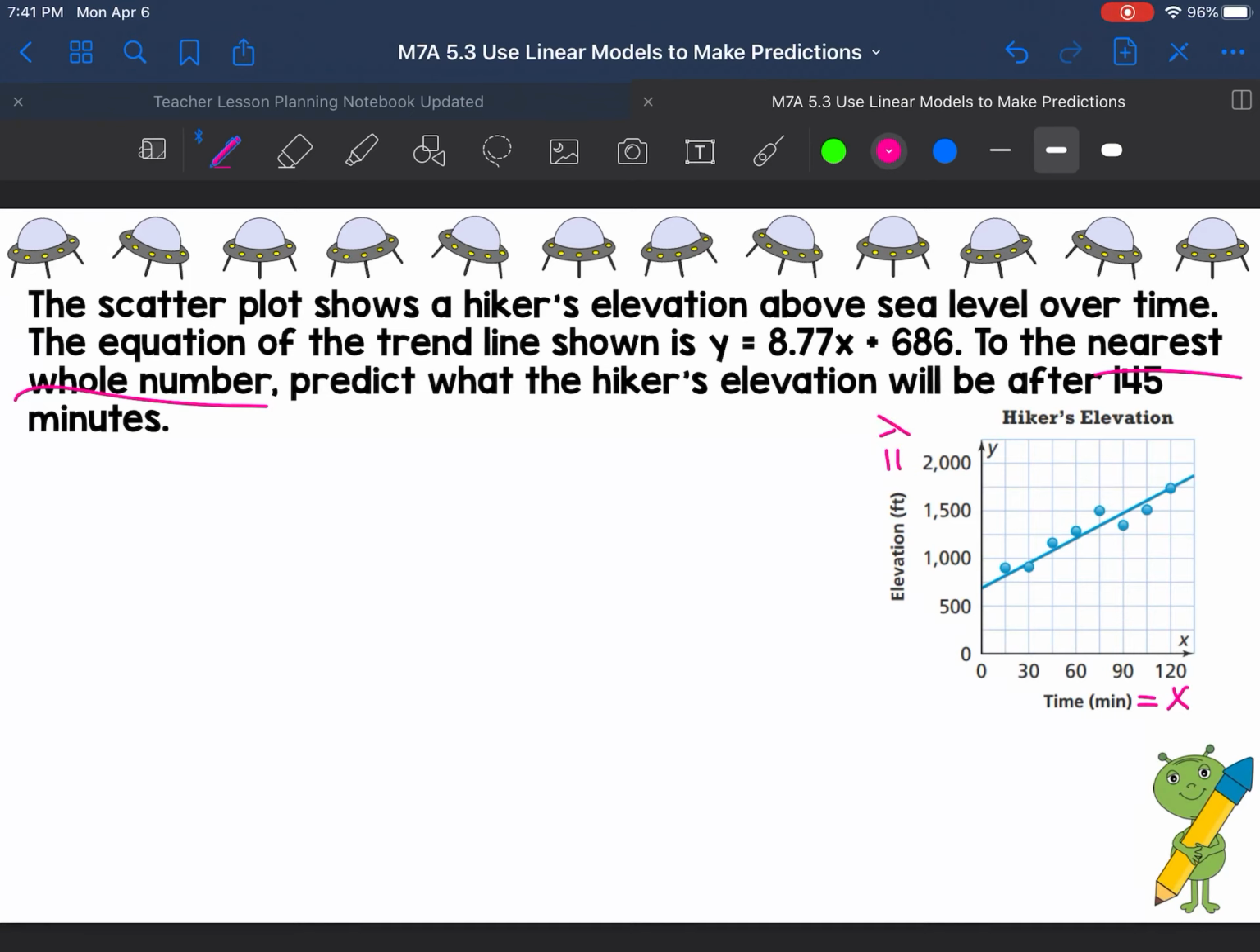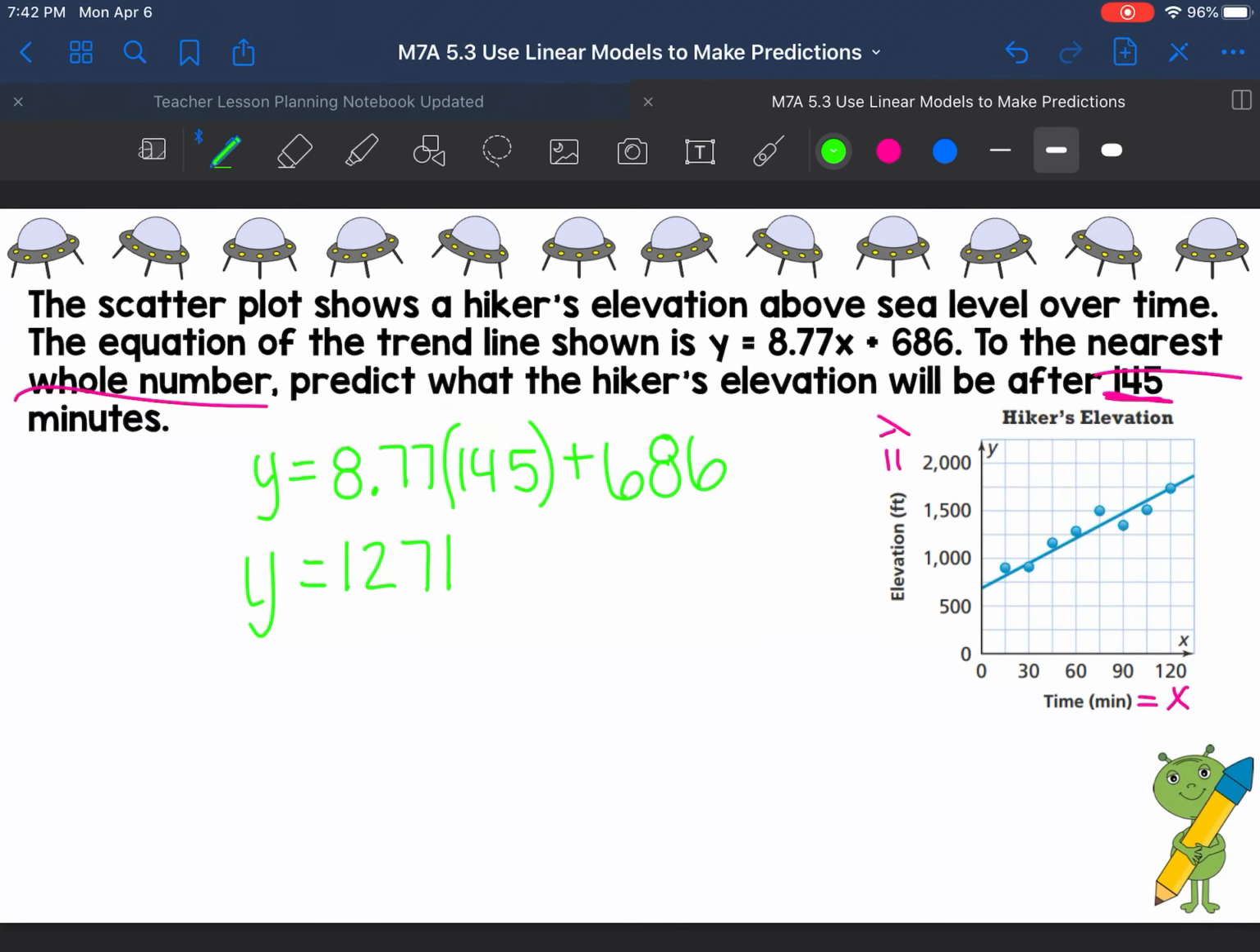All right, first let's look at our graph. Time is our x, elevation is our y. It's asking us to find what something's going to be in time. So that means we just have to plug our 145 minutes in for our x because x equals time in this problem. So I have y equals 8.77. Remember, instead of x, I'm going to put my time, which is 145 minutes, plus 686. So 8.77 times 145 is